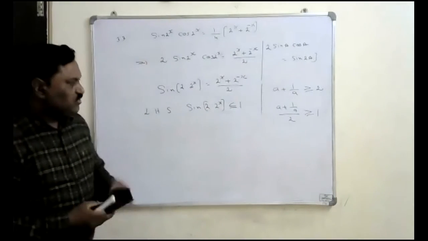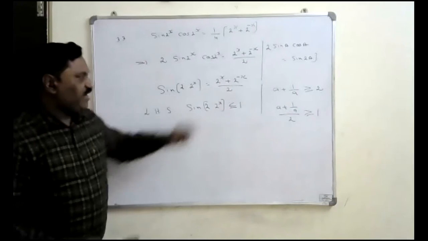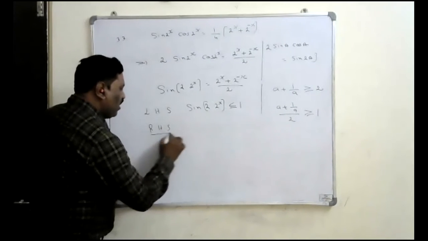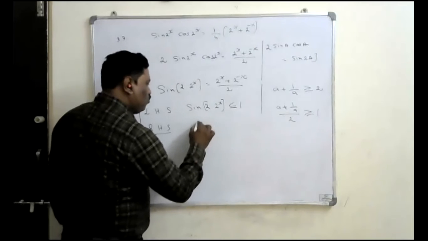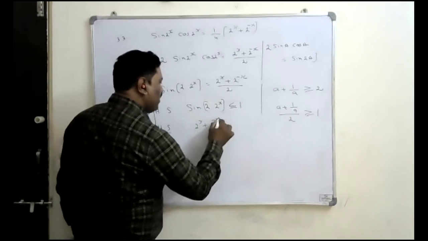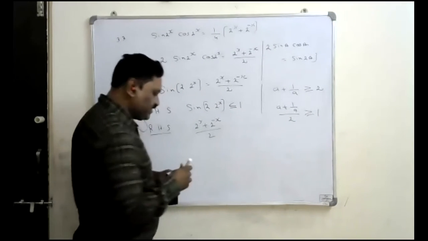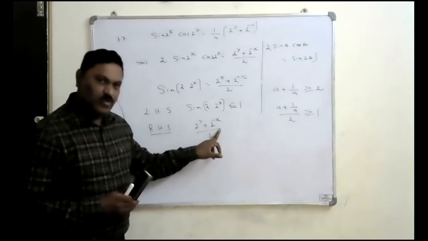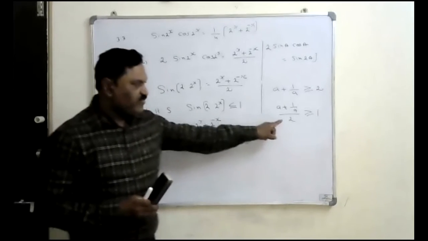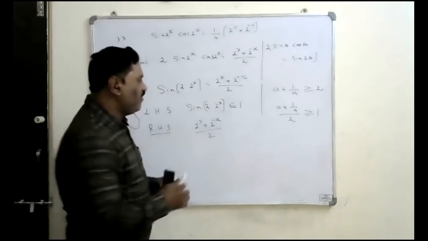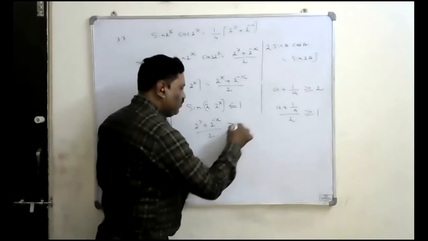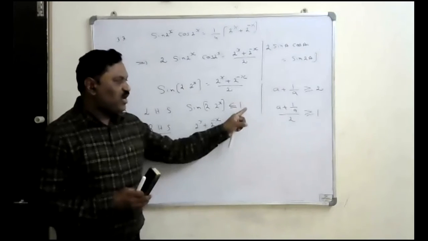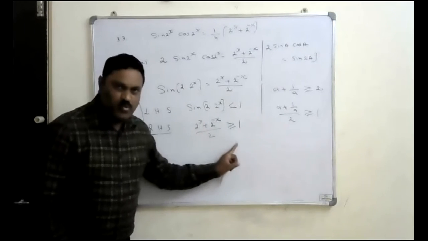Right. So if you observe the RHS side, which is 2 power x plus 2 power minus x by 2, it is exactly in the format of A plus 1 by A by 2, where A is 2 power x and 2 power minus x is 1 by 2 power x. Exactly this format. What is the minimum value of this? 1. Okay. So the LHS maximum value is 1 and the RHS minimum value is 1.